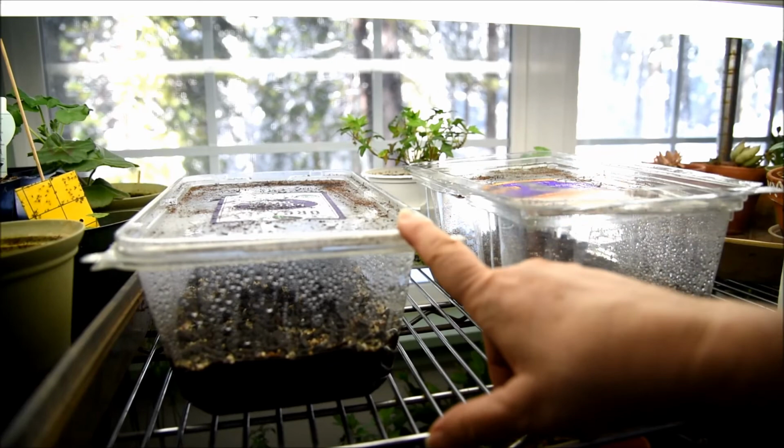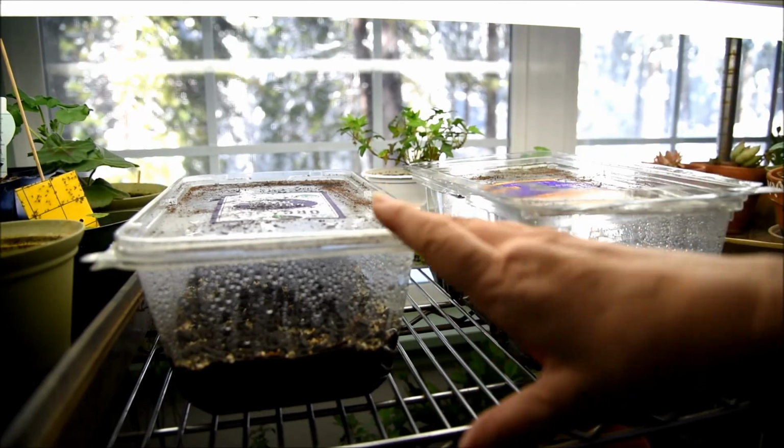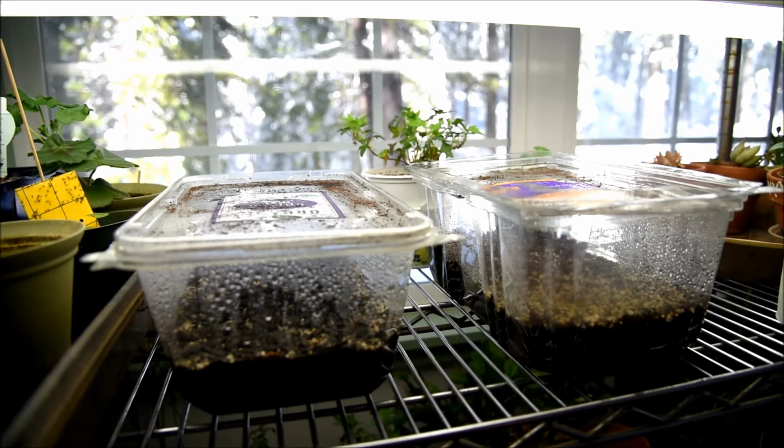This will keep it moist in there until they germinate. When they germinate, I will take these lids off, put them back underneath to capture water when I water them. Until they germinate, if it looks like they're drying out, I will just spray them with the spray bottle, and that way none of the seeds will be dislodged and I don't have to worry about runoff. And that is how I sow seeds, and I will show you in a week or two when these have